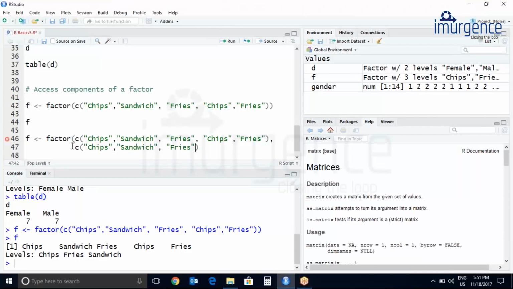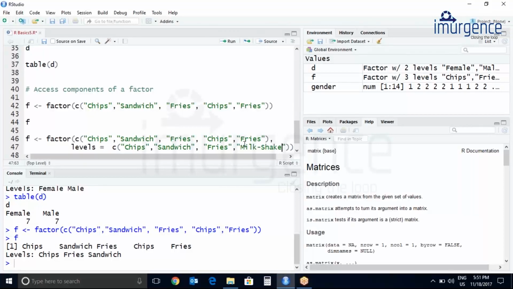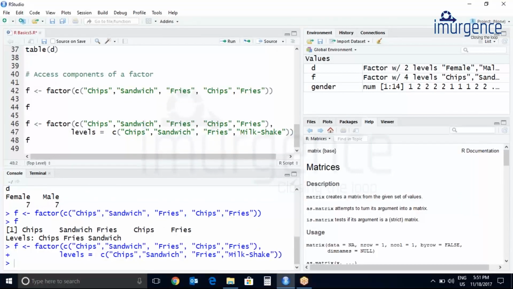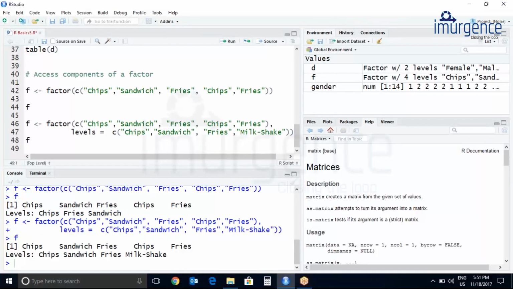So it will be levels equals to, let me finish this, and I'll add another comma and add something. Let's add milkshake. Let's print f. Here you can update the number of levels.